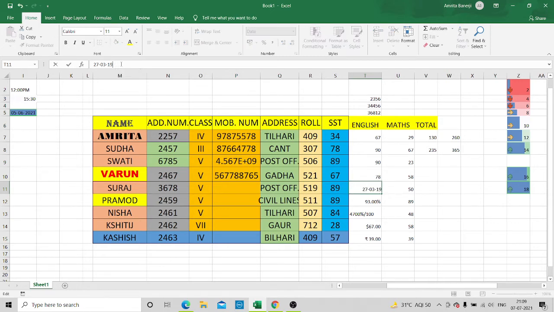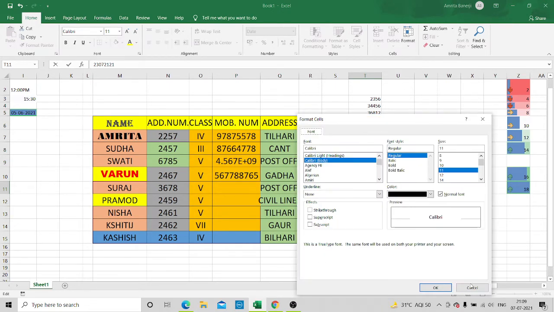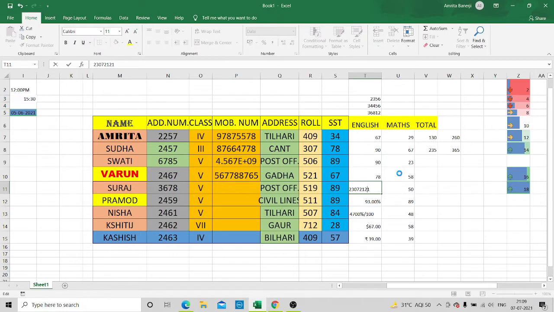Suppose I select some number in this way, 23072021. Okay, now I will go to the format cell option, right click. Okay, and no, children, this is not the way.